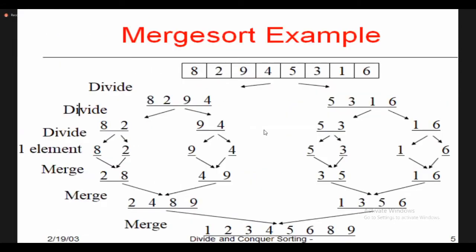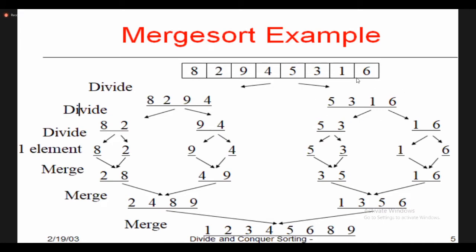Okay, now I explain the right side part in this example. The middle value, 6 by 2, means 3. So the right side starts from 3 plus 1 to the right end. 3 plus 1 means the fourth element to the last element. So zeroth element, 1, 2, 3, fourth. The fourth element starts from 5. So 5, 3, 1, 6 is the right side part.